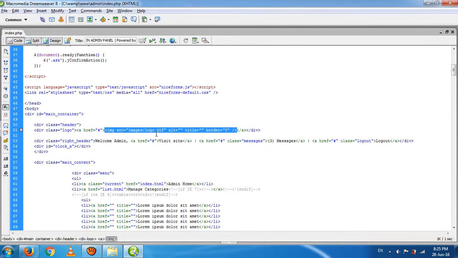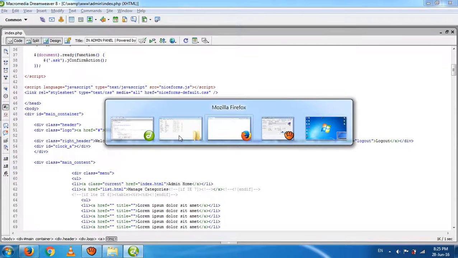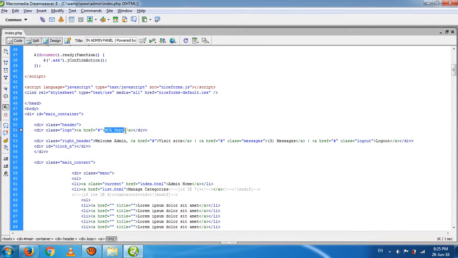Right now I have no logo in my project, so you may simply write the name of your organization or project. So that is MCA DEPT, the MCA department, the name of my project, and then refresh it and it will appear over here.